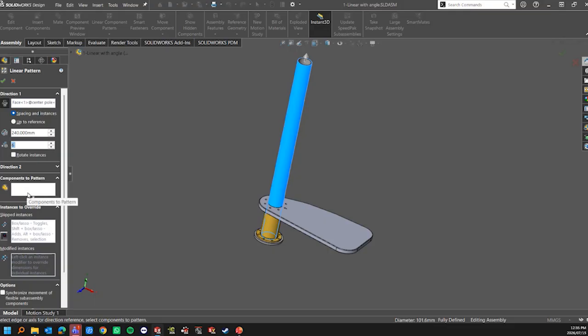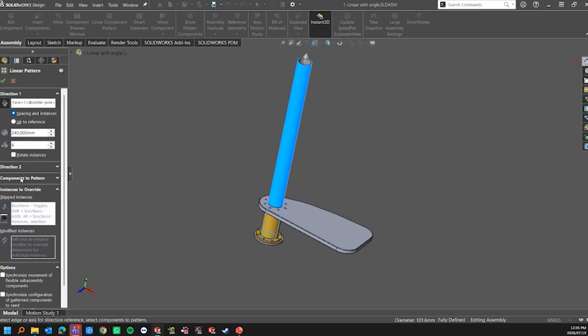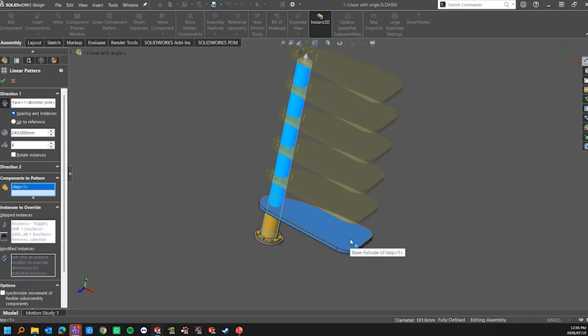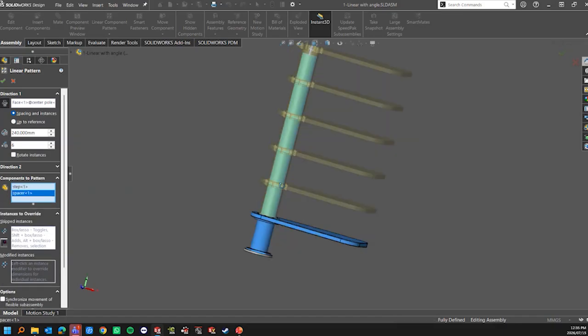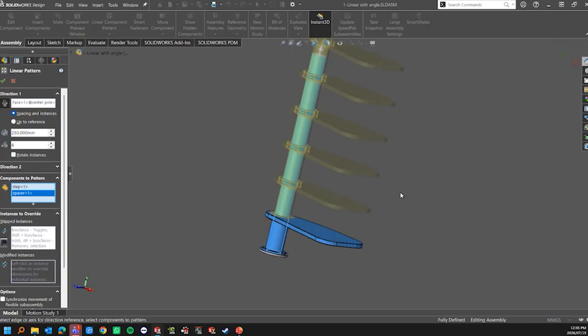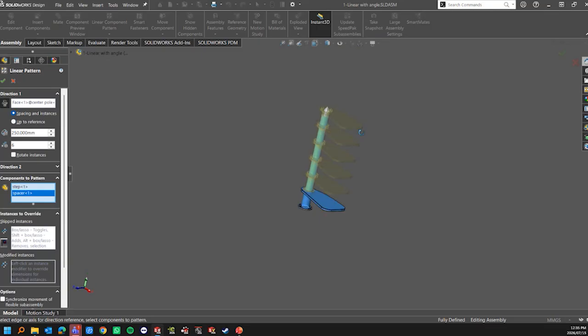I just want to show you what happens if I don't click rotate instances. So these are the components that I want to pattern, right? I mentioned I want to repeat this blade, and I also want the part at the bottom of it to be repeated. Okay, so it seems like 240 was not right. Let's do 250. That seems a little bit better. As you can see, this specific component is patterned in a linear pattern,